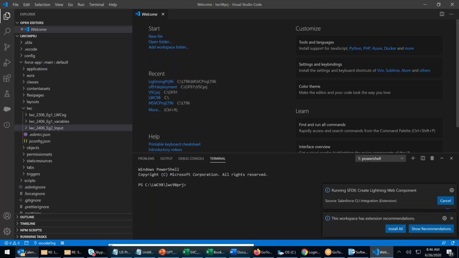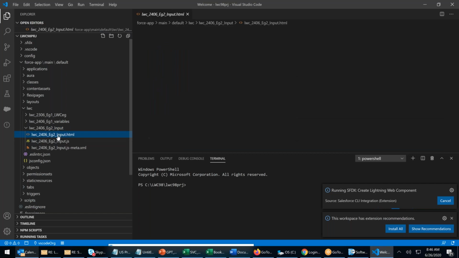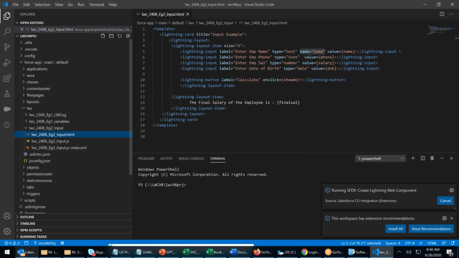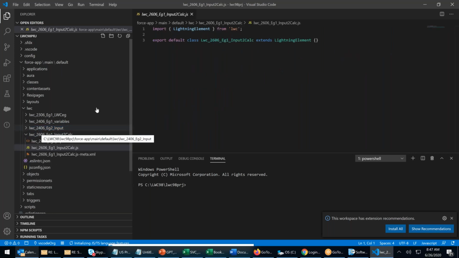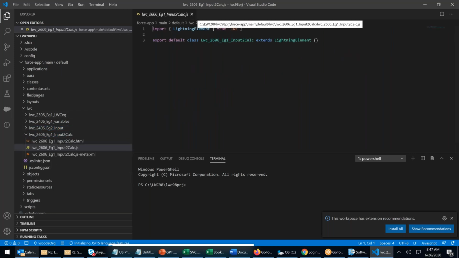There are multiple ways to do this, but let us start with this. Input calculator. First I go to the HTML. Oh, it's still creating, guys. Running creating of Lightning Web Component. It's still going on. Okay, let's wait. It's still creating the 26 component. Okay, there we go. We got the 26th component created.